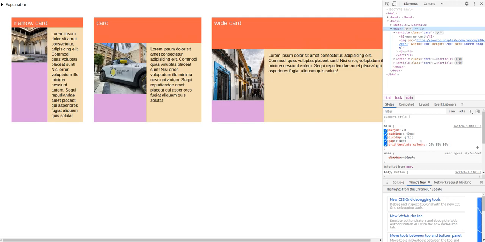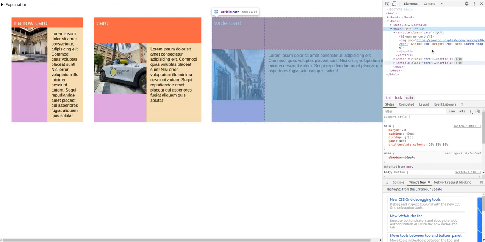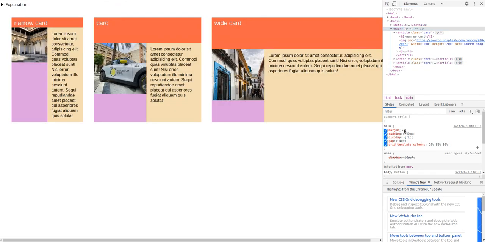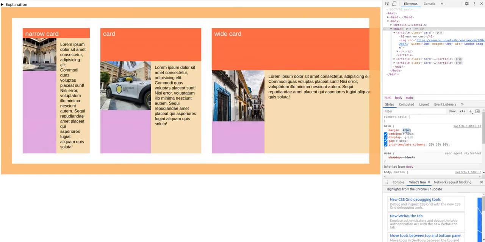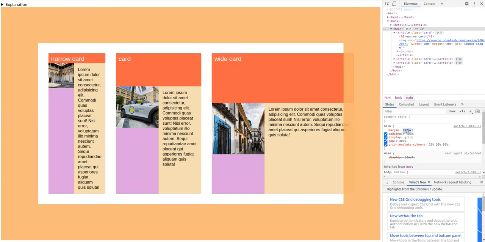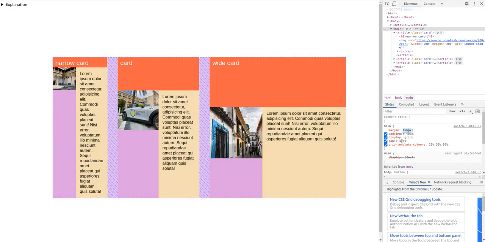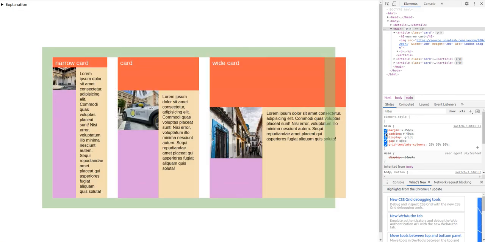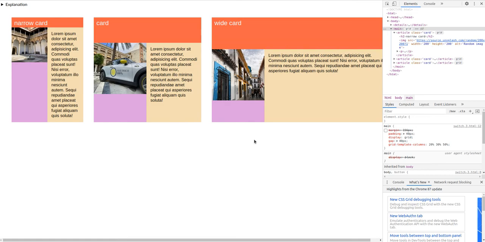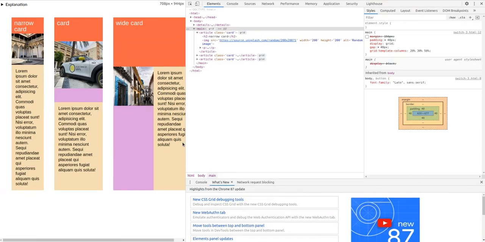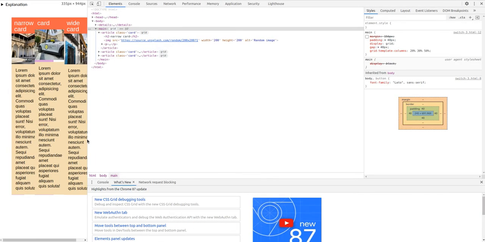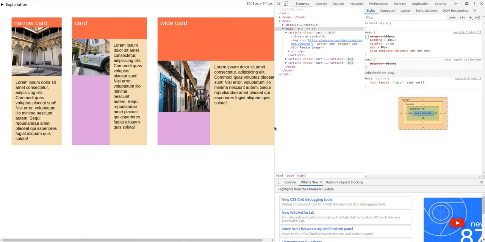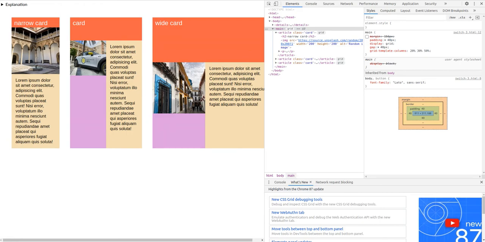And so I can change the available space any way that I like, by, say, adding margin or padding or whatever. And these components will respond based on their available size. So if I drag this in, you can see that they reorient themselves